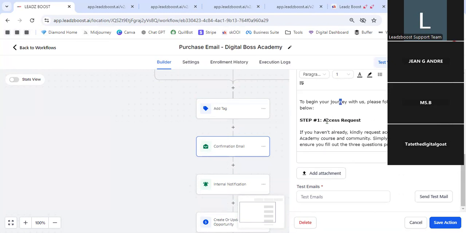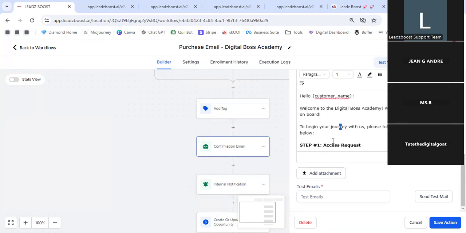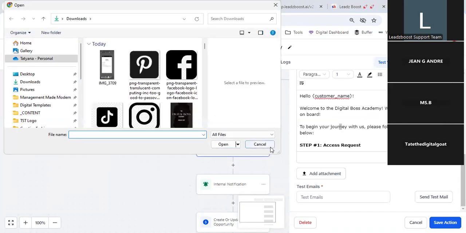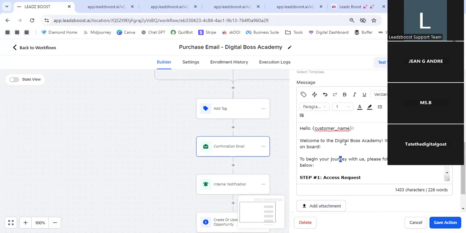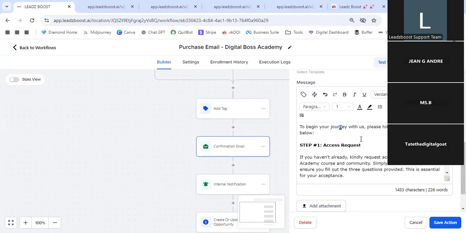The link is inside the email. If you have a PDF, you need to attach the PDF here. This is where you would attach the PDF so that they can get the product within the email. Does that make sense? Yeah, so okay, so if you have a link, like affiliate programs, they have